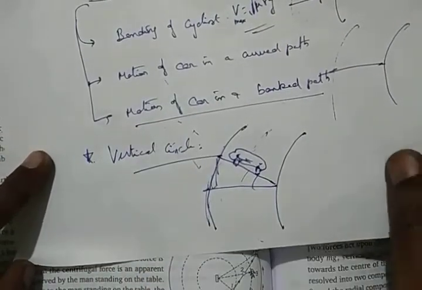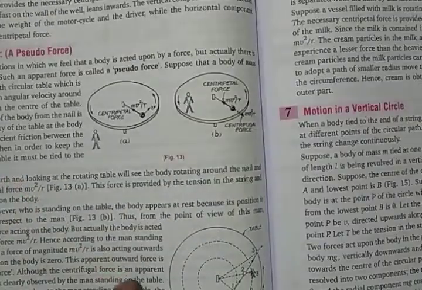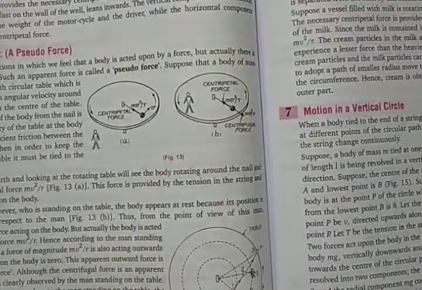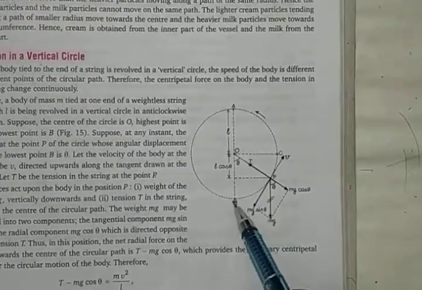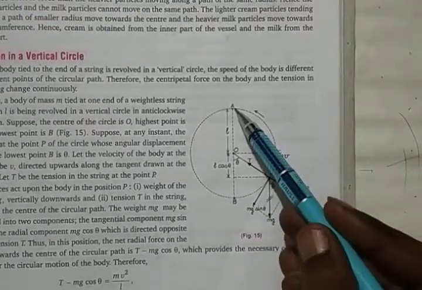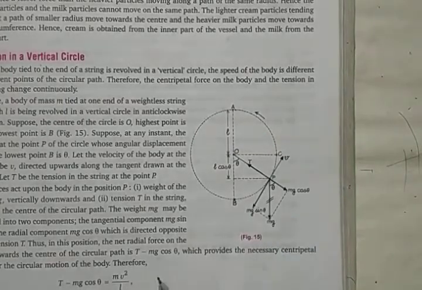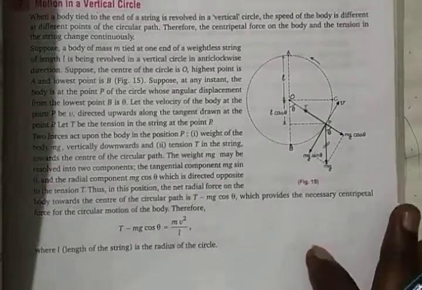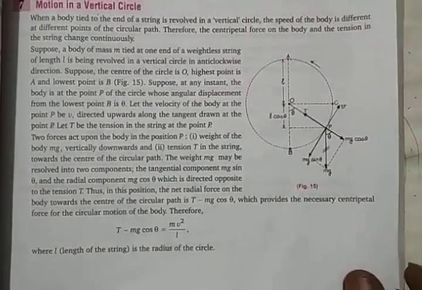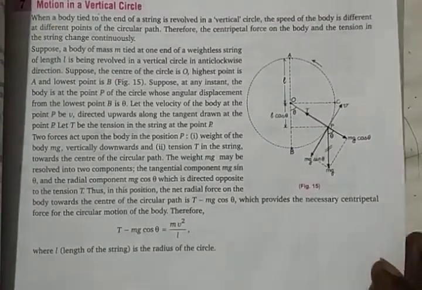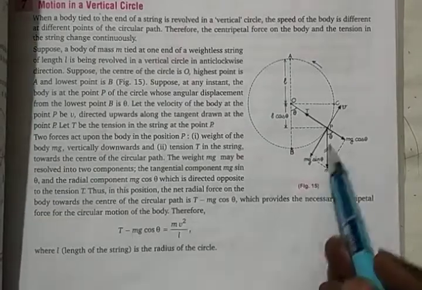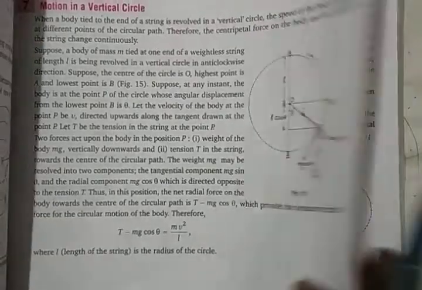What is a vertical circle? A vertical circle is when you are moving, look at this one. This is the lowermost point, this is the highest point. So what should the velocity be here when it has to negotiate? I followed this completely from this book only. This book has a good derivation. Please remember, this book has a better treatment. So this is the any part, and then we derived this one straight away.